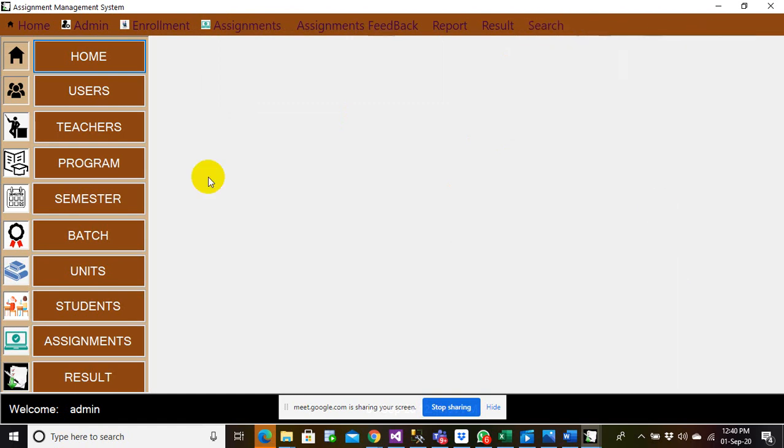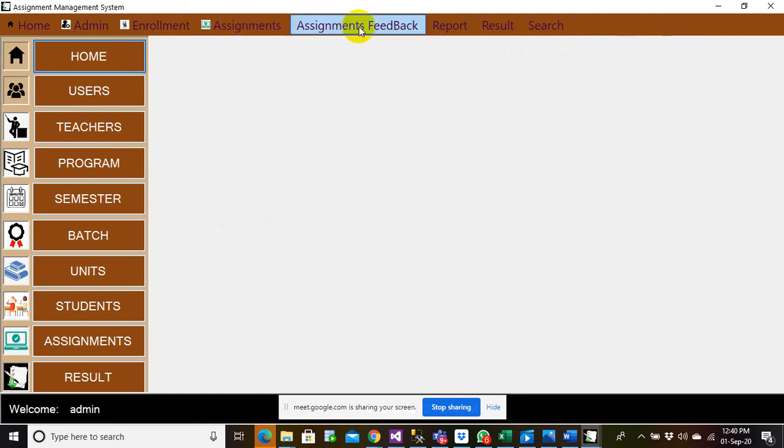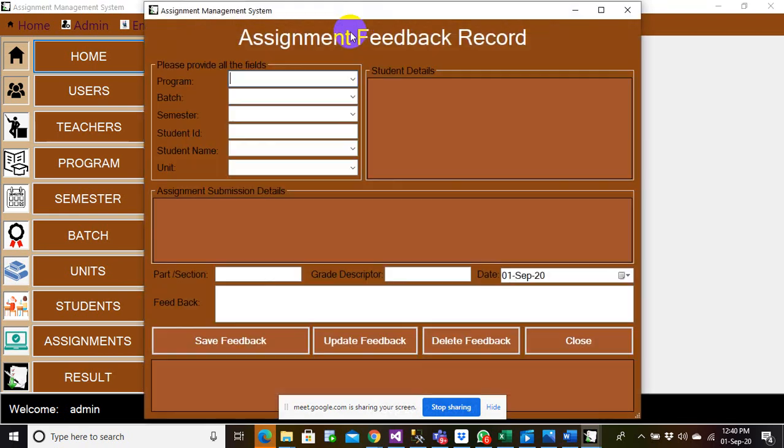So at least 5 classes are still left, and within 5 classes we'll be finishing everything. Tomorrow let us try to spend more time on this, and finish the assignment handover to teachers and receiving assignments from the teachers. We'll finish that by tomorrow, and day after tomorrow also we'll have a class. We'll continue with the session and finish this part.